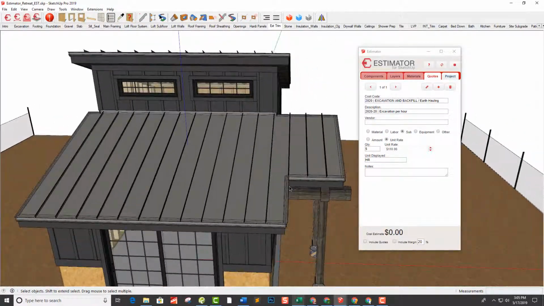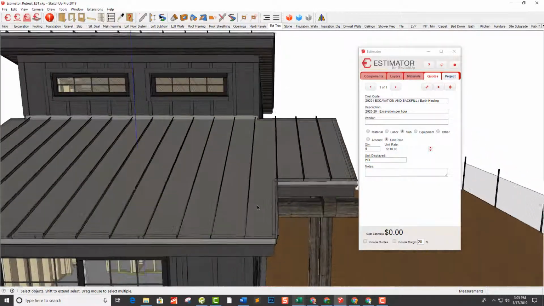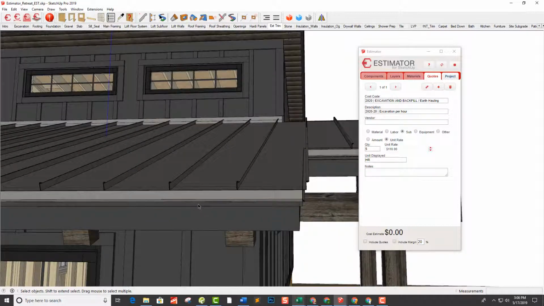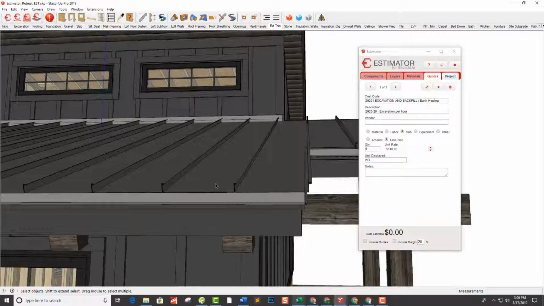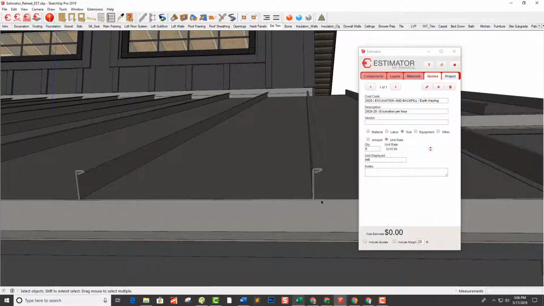Now let's take a look at the roof. This is a metal roof, and the way that I did these panels to make them look realistic in 3D for my renderings is I've actually got these interlocking metal panels, and you can see this profile that's very accurate, and then I just move copies next to each other. These were extruded along this plane